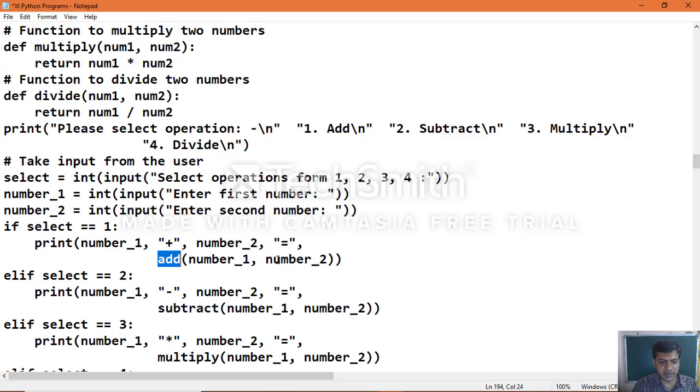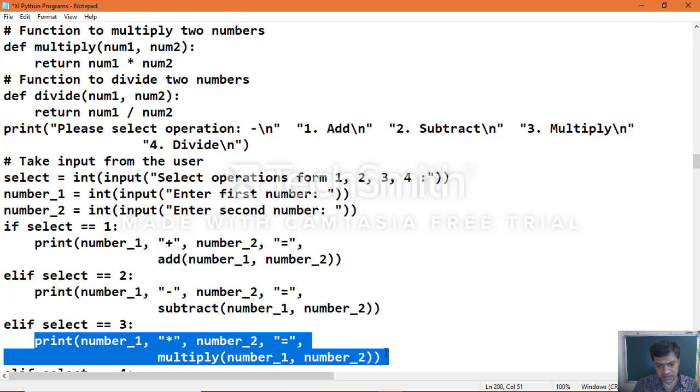Yes, that function will take place here, and it will produce that value. In the same way, if it is not option one, then comes the elif condition. Again it checks else if select equal to 2; if it is true, it comes here and calculates the subtraction. If this is also false, it comes to another else if condition, select equal to 3,